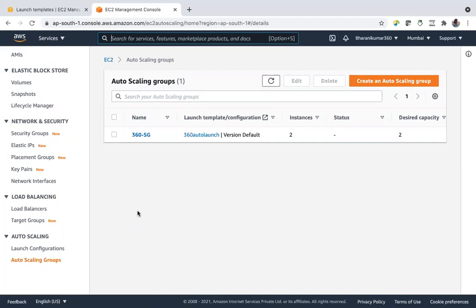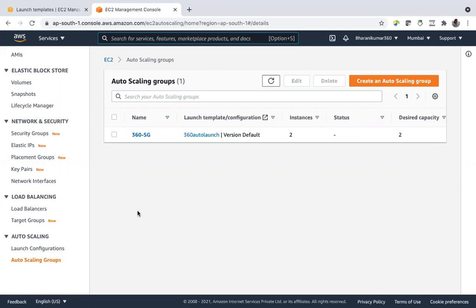But the older version of auto scaling group doesn't have any policy while you're creating it. So after launching your instance, you have to assign a policy to it. And there are 2 other policies, simple scaling policy and step scaling policy. Simple scaling policy is oldest of all. Then they have introduced step scaling policy and then target tracking policy. What do they mean?